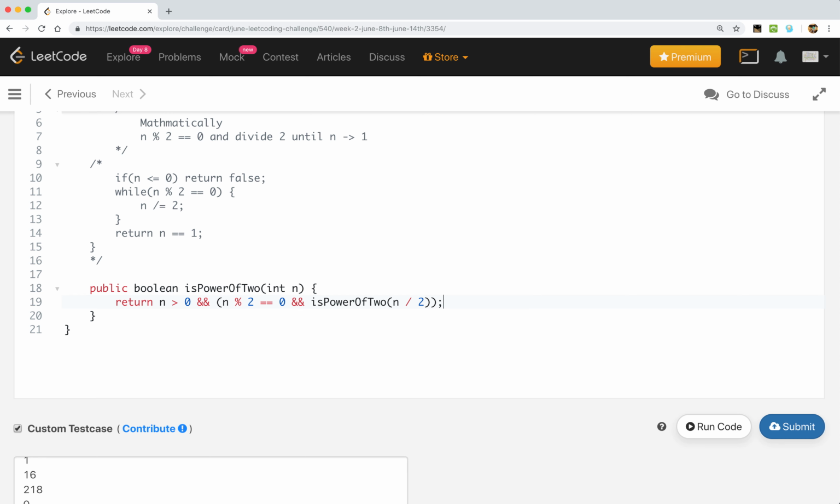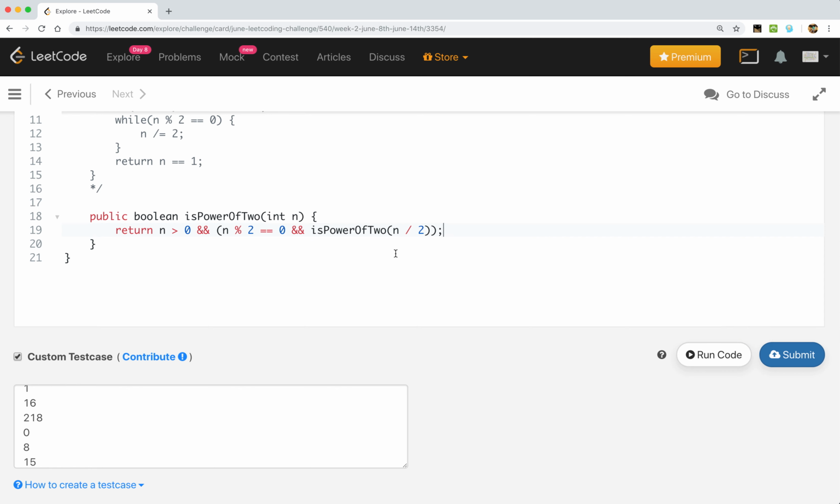Once it runs and reaches 1, we have to return true. So this is the condition.